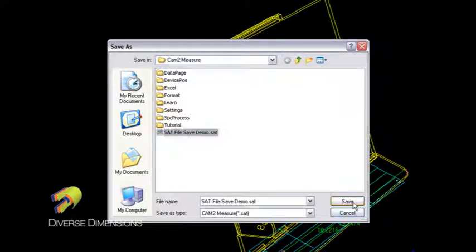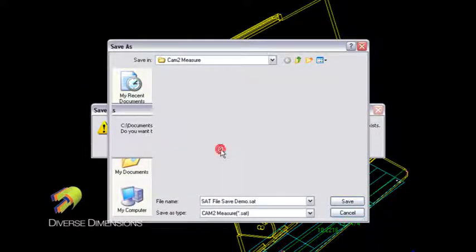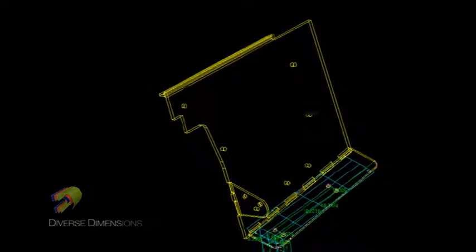So I'll hit save on that. It says there's one out there already. Do you want to overwrite it? Sure. Okay. But now what I want to show you is the directory. If I went to the Windows